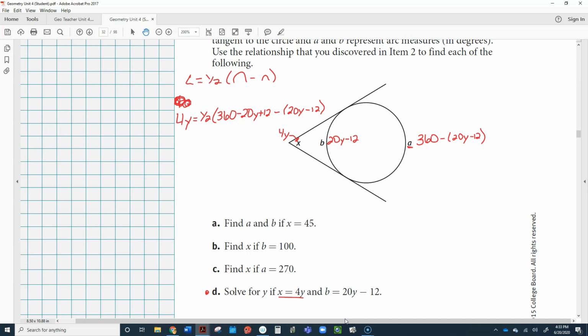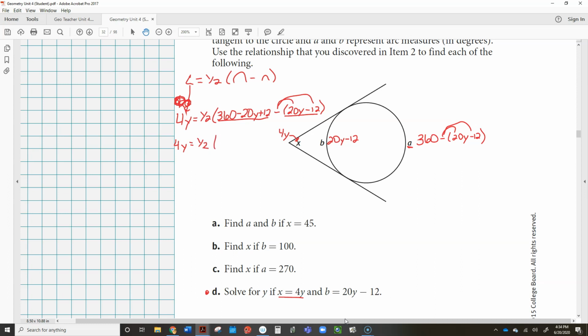So I have over here my angle, which is 4y, is equal to 1/2. This is the big arc. Now, notice that I distributed the negative. Okay, so I wrote down 360 minus 20y plus 12. Minus, that's the big arc, minus this is the little arc. And I will have to distribute this negative as well. So now, as I try to clean up my equation a little bit,